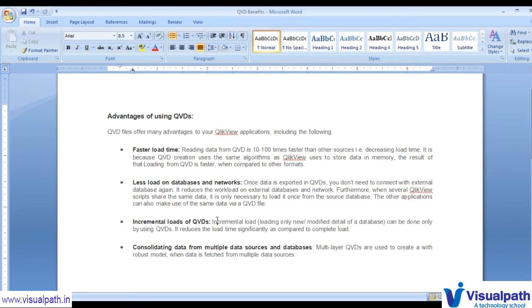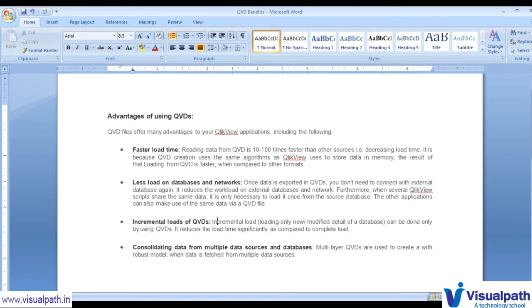Beyond that, whatever records have been added to your database, only those records you can load into your QVD file. So instead of loading the full file again into QlikView, you will just add the new monthly data to the existing application. So it will help you with incremental load. There will be another topic on incremental load, so you can understand it better if you watch that topic.